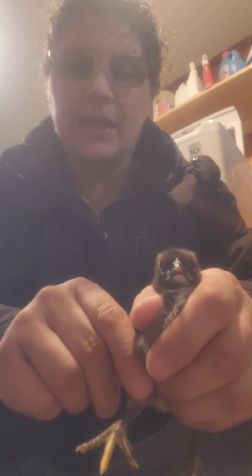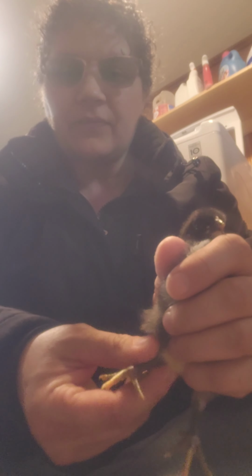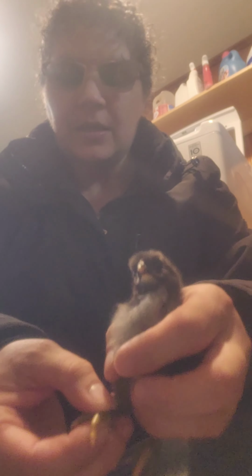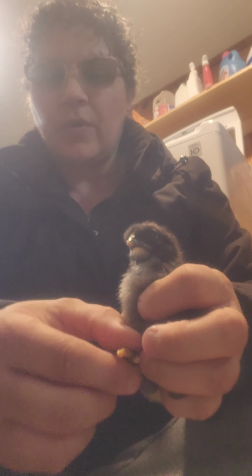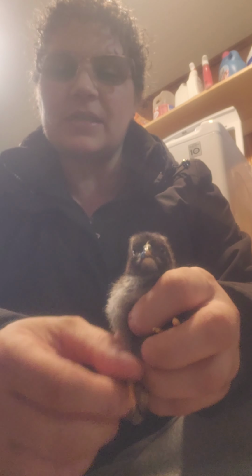So I'm just massaging the back of her little leg. She doesn't mind it. And I massage the hock. I'm just doing the little money sign. I only do this a couple of times a day. Sometimes I'll hold the bone up here and just flex the leg at the hock, within her tolerance. The minute I feel the slightest bit of resistance,